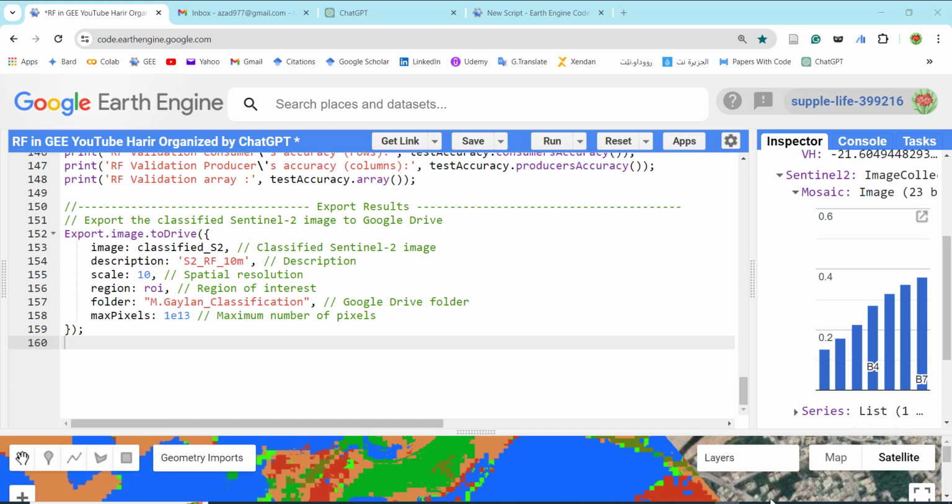To complete our analysis, let's export the results to Google Drive. We'll start by exporting the classified Sentinel-2 as a GeoTIFF. This export operation includes several parameters such as the image to export, a description for the exported file, any name, the spatial resolution,